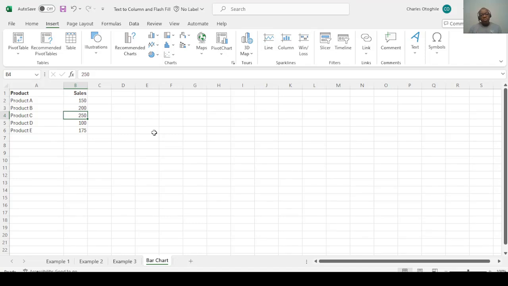All right, so welcome to this session of the training. In this session, we're going to be all about building bar charts. So we're going to understand what we need to do to get bar charts. Bar charts are very, very easy